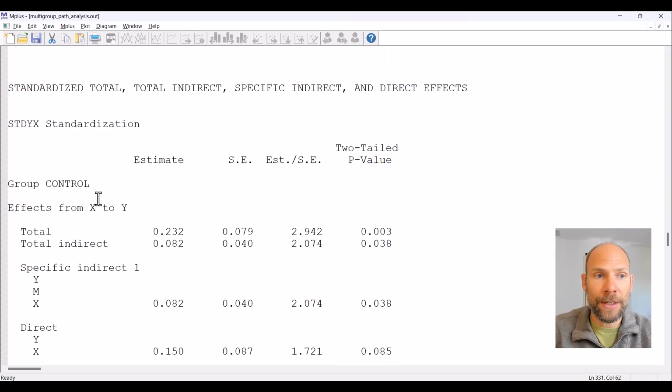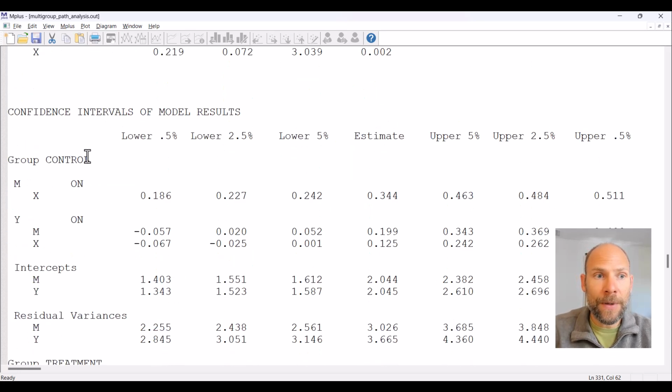Again, you can also look at it in standardized metric, and then when you scroll further down, we obtain the confidence intervals for all model results, and first we get them for the point estimates of the path coefficient. So here we again find our A path, here we find the B path, here we will find the C prime path in unstandardized form, first of all under estimate, and you can see to the left are the lower limits of different confidence intervals, to the right of the point estimate are the upper limits,